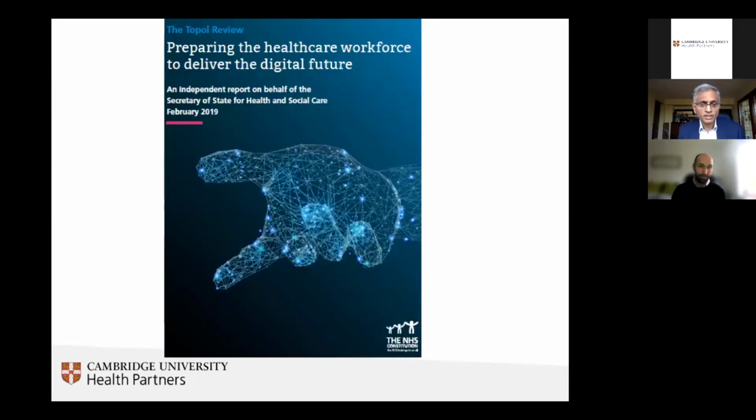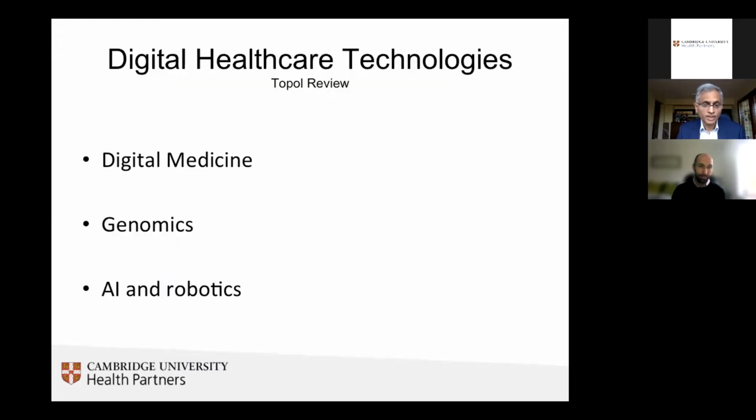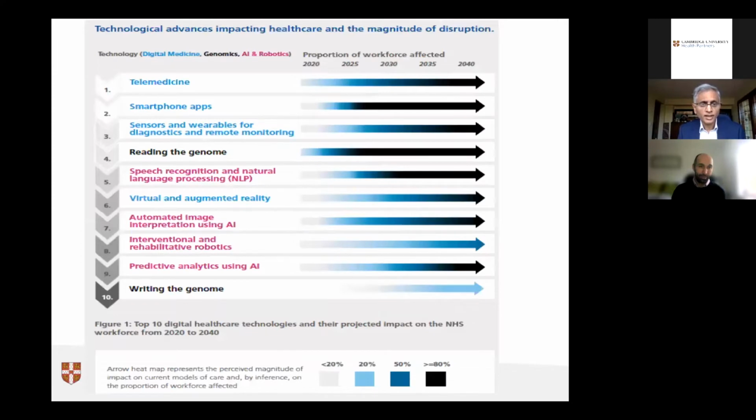This was recognised by Eric Topol, a clinician in the United States, who was commissioned by the Secretary of State for Health and Care in 2019 and delivered this report on how we should prepare the healthcare workforce for the digital future. He identified 3 themes of technologies which affect the workforce: digital medicine, genomics, artificial intelligence and robotics. And what I'd like to talk about over the next couple of minutes is digital medicine. In his report, he